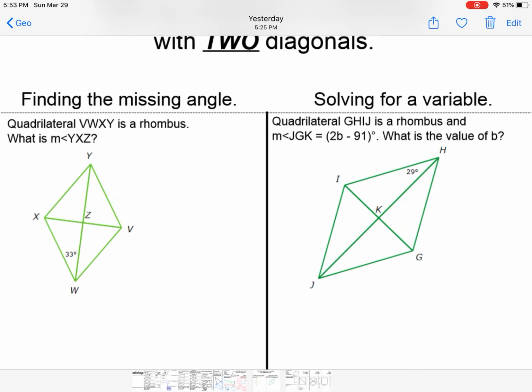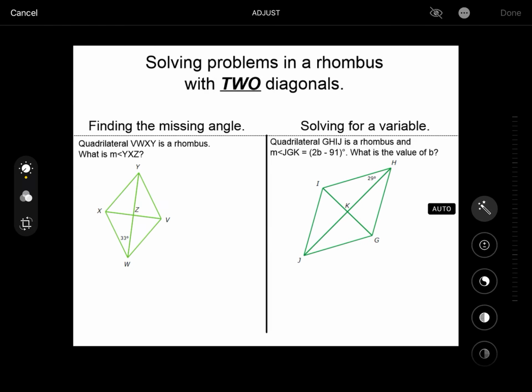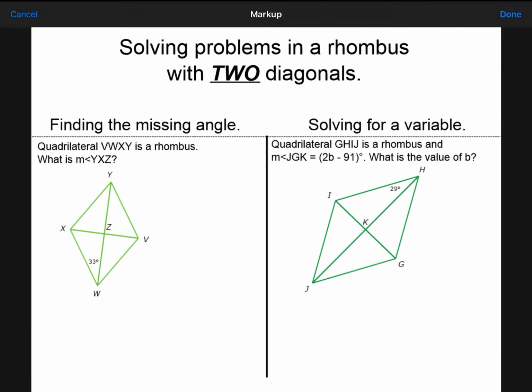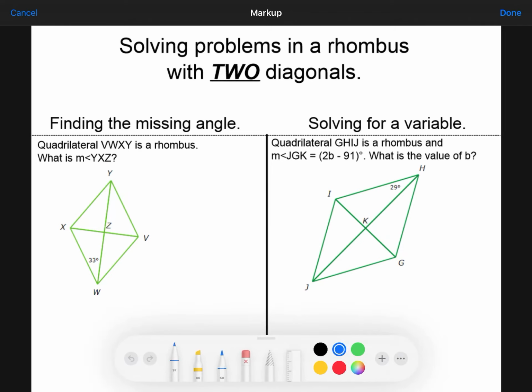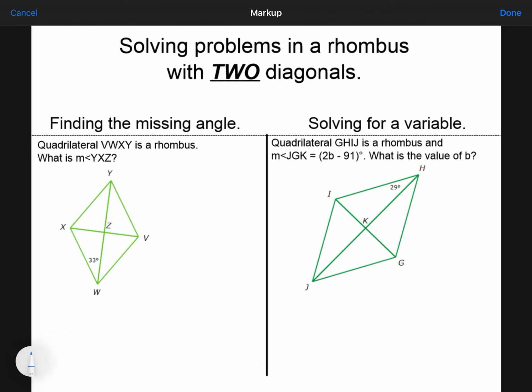And then lastly, the final type of problems you'll see in this IXL is when there's two diagonals in a rhombus. This turns out to be even easier, similar to the first page of our notes. So you can see here, we're trying to find the missing angle. How do we find the missing angle YXZ? Well, this is 33, this is 33, this is 33, this is 33. Like our notes on rhombuses, all the angles on the inside have to be 90. And like our first page of notes, if we're trying to find the missing angle in a triangle, subtract both the 33 and the 90 from 180,